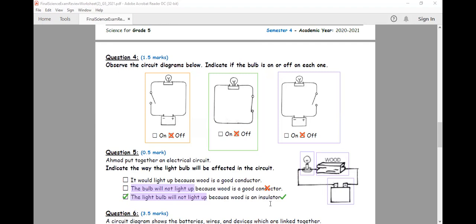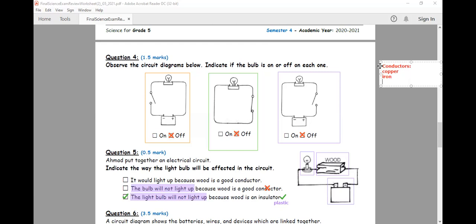Another example. Plastic is also an insulator. Let's mention three different conductors of electricity. Copper, metal, iron. Copper, iron,